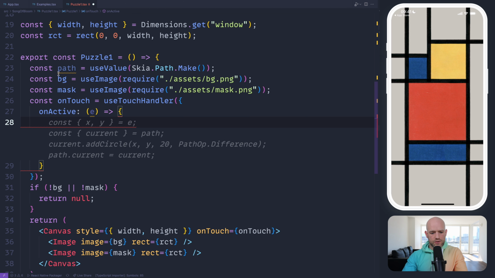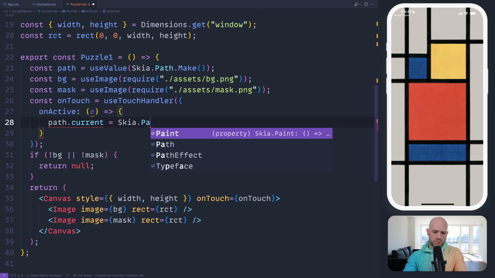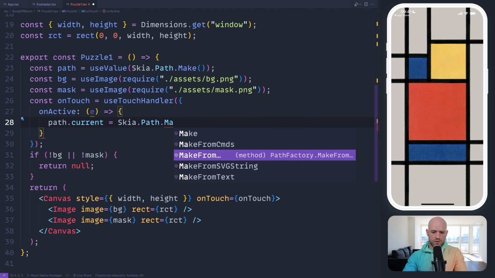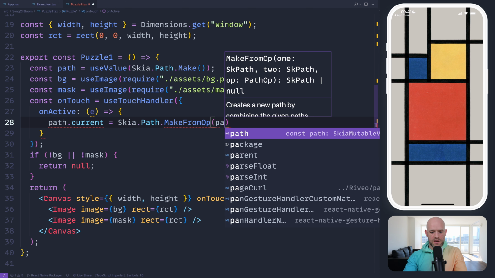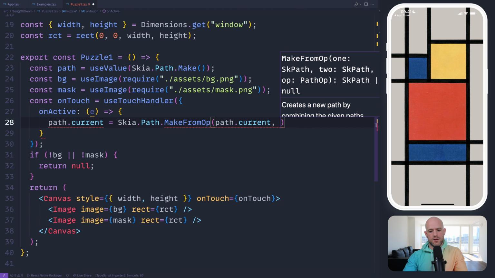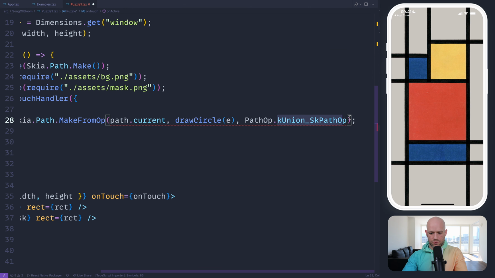So what we want to do is to assign a new path. So path.current equals, and here we're going to use path ops. So path, make from operator. The first path is the current path. Then we're going to create a new path and we're going to draw a circle with the center being the position of the finger, and the path op is union.